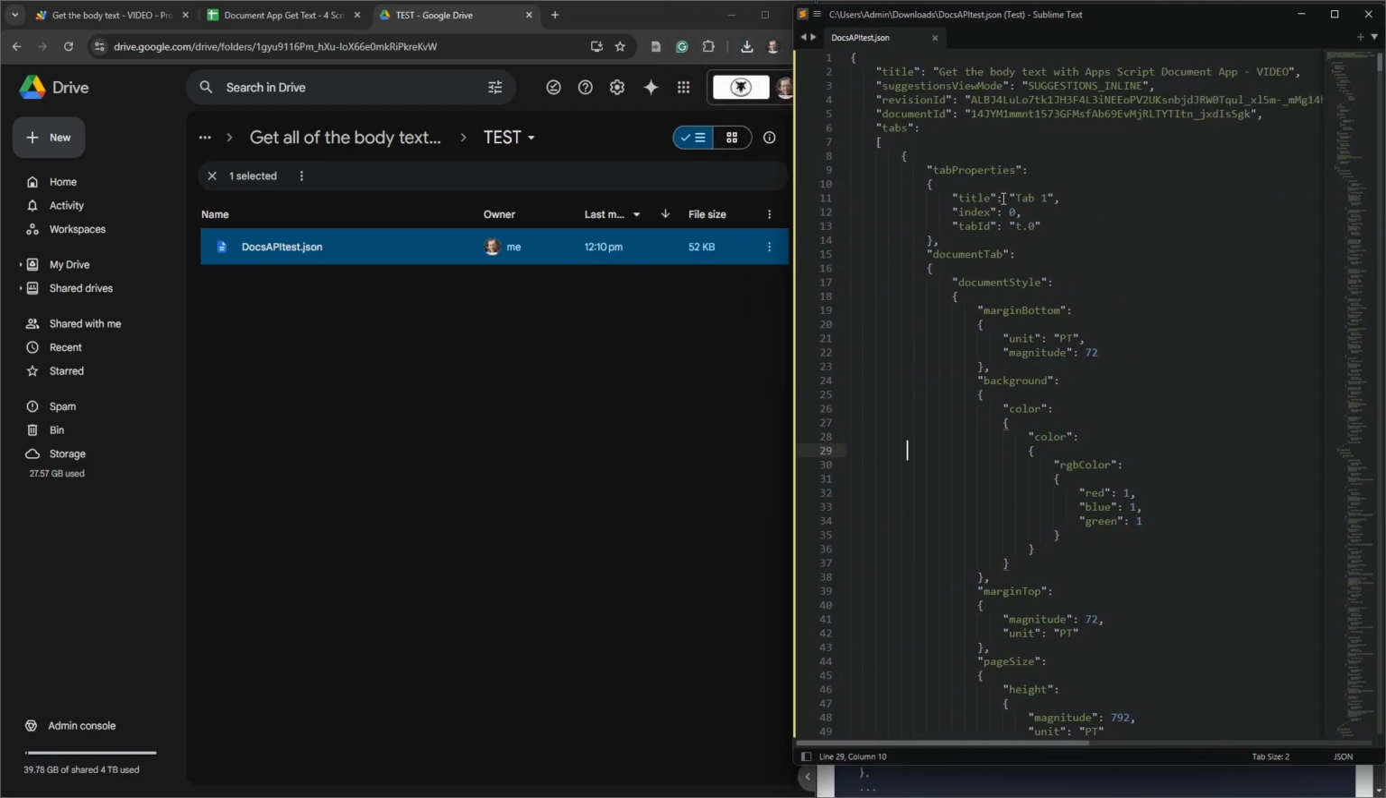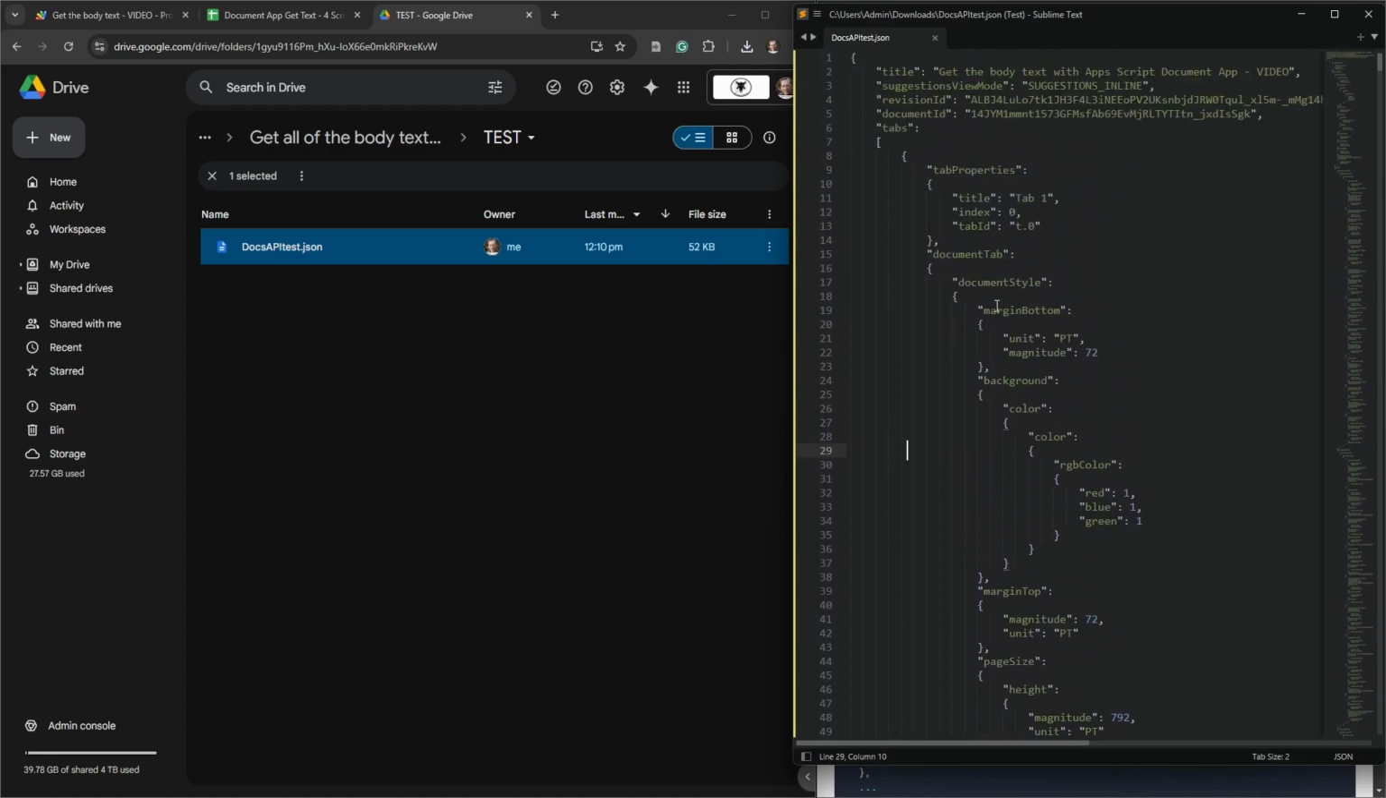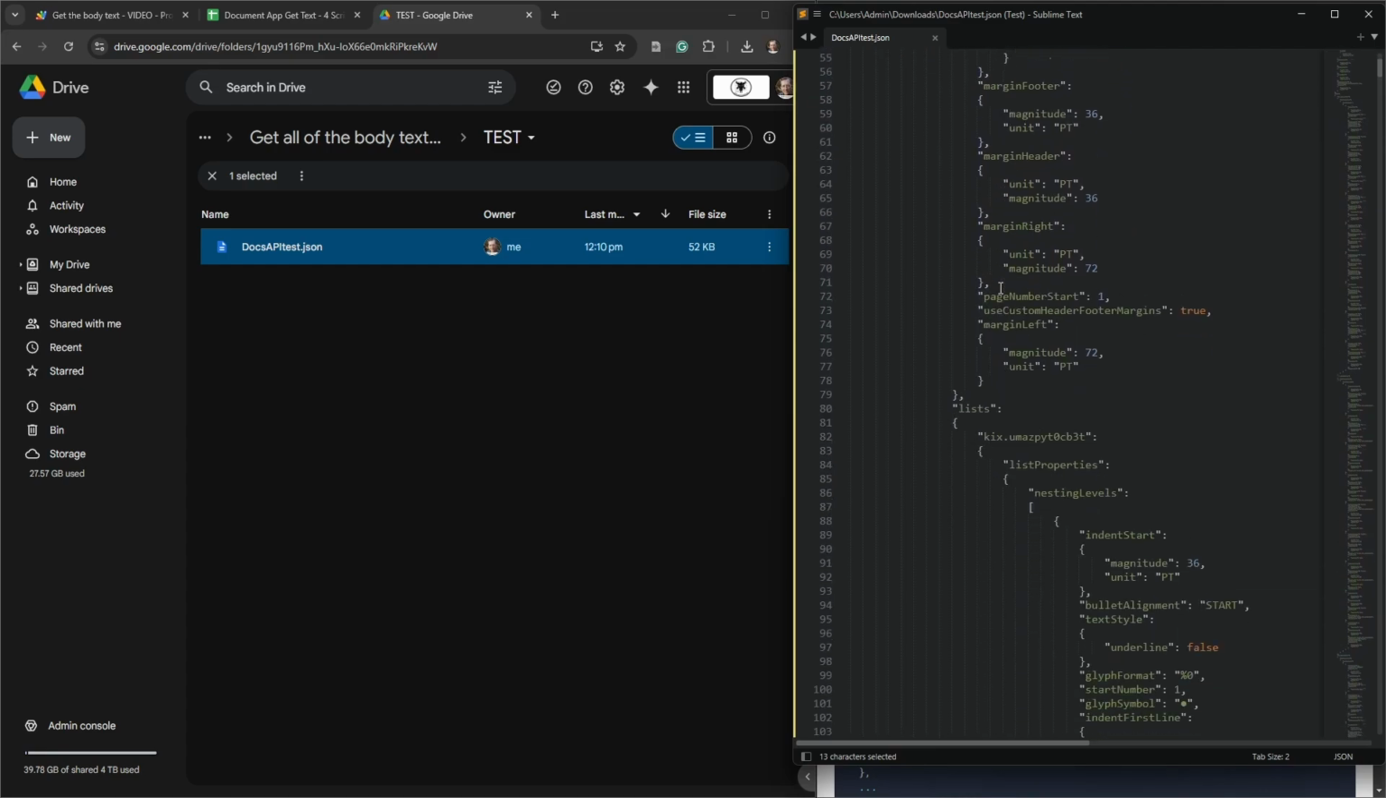So our goal is to try and burrow down until we can get the body text of what we're working on. And we can see we've got a bunch of tab properties here. Tab properties don't do much. It just indicates that we've got a title tab, index and tab ID. So we need to burrow down into first the document tabs, and then we need to find the document tab. Then of that document tab, we need to see, now inside that tab, there's going to be some other stuff,